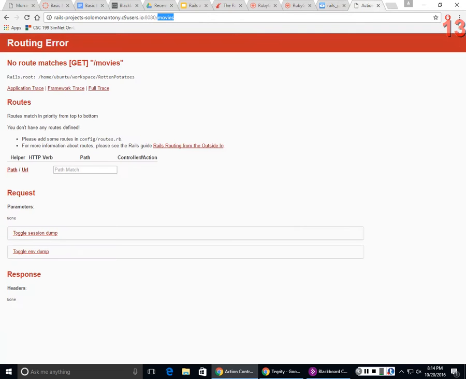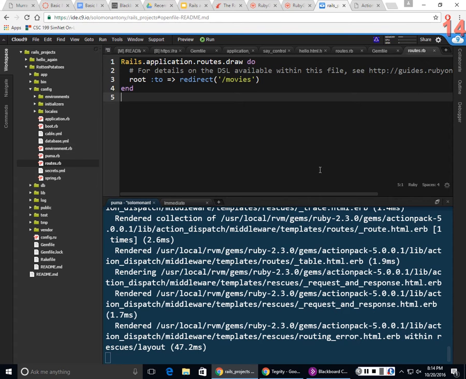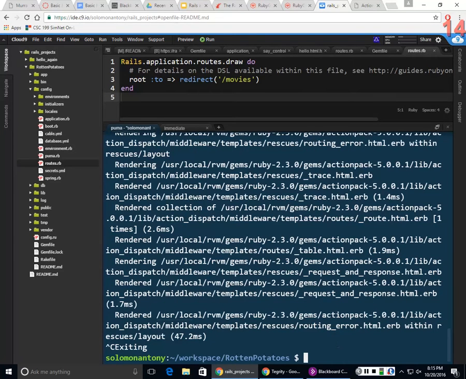Okay, and so let's try that. Okay, you get that same error. It's redirecting to movies, but there's nothing to show yet. Okay, at this point, there is no content, so we want to stop the server and we want to create a model. So Control C to stop the server,